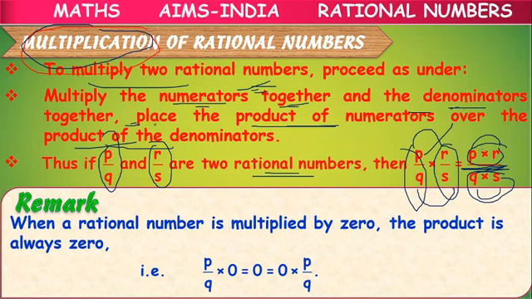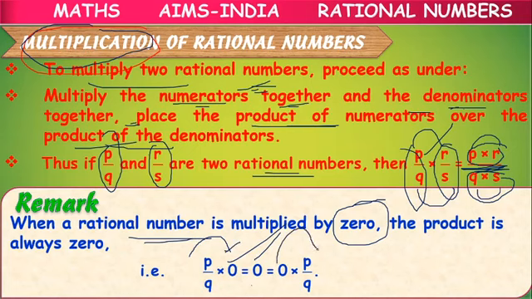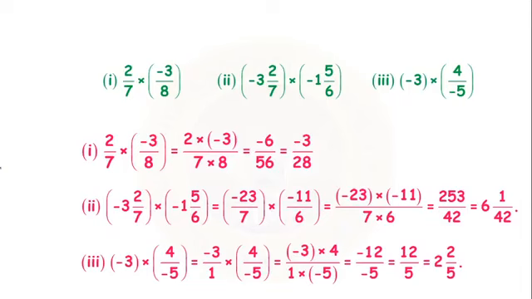But one exceptional case is there. If you are multiplying a rational number with 0, no need to follow any steps or any condition, because directly the total value will become 0. When you multiply a rational number with 0, or if 0 is multiplied with any other rational number, the result will always be equal to 0. This will be the remark, we have to note it separately. Okay. So multiplication by 0 always results in 0.